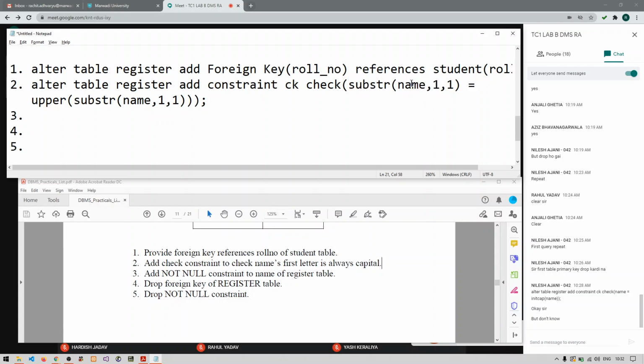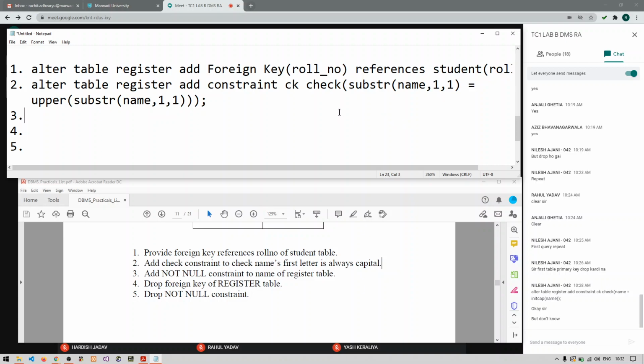Let us say the name that I have passed is Amit. So name is Amit, right? And I have said that I want the substring of 1 comma 1. So it means that you need to start from the first position of the name and get me only one character.